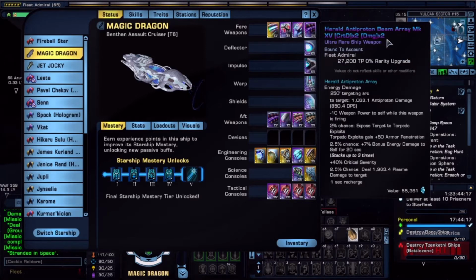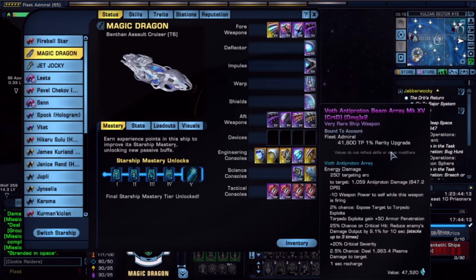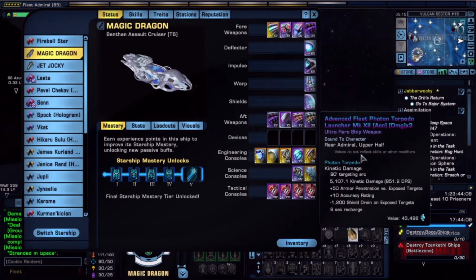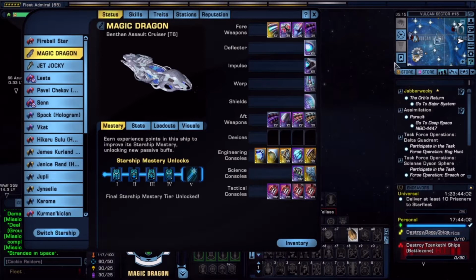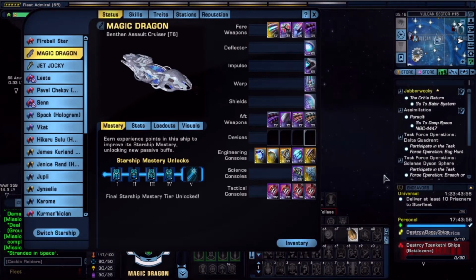And then you've got the Herald's Anti-Proton Beam Bank. You've got the FOF on the back, and again Advanced Fleet Anti-Proton, Advanced Fleet Photon Torpedo at the back, and you've got a Herald Anti-Proton at the back. And on this one, for the space set, it's got the Temporal Defense space set, including the weapon set as well. So, I've actually equipped all the temporal sets on this, and I've equipped it with